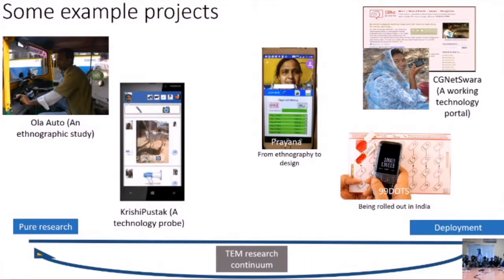And so here are some example projects. They're a tiny proportion, but I wanted to give them to you to illustrate the sort of research continuum that we have. So we start at pure research and you go to deployment. And one thing I should make clear is you don't know when you first have an idea or you first start a project where it's going to go on this continuum, generally. You don't really know whether it's going to stop at study stage or it's going to go into real world. So I'll give you an example.